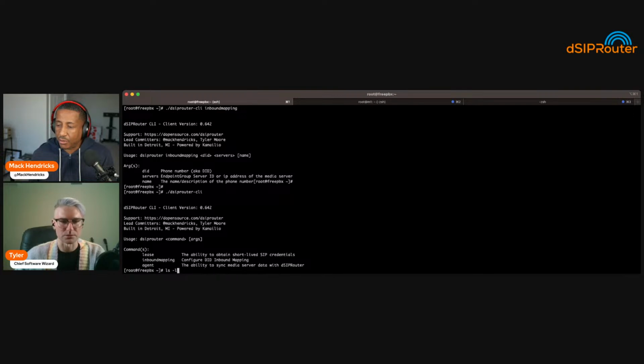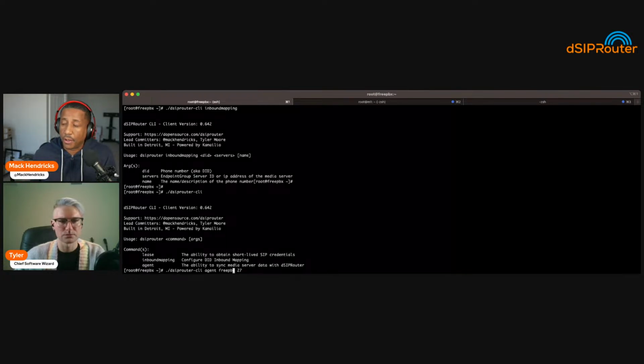So let's go ahead and run it, and then I'll get into a little bit more detail. In this case, the dSIPRouter CLI has support for FreePBX. At some point, we'll probably add support for other media servers, probably Fusion as well. But for right now, it just has FreePBX.